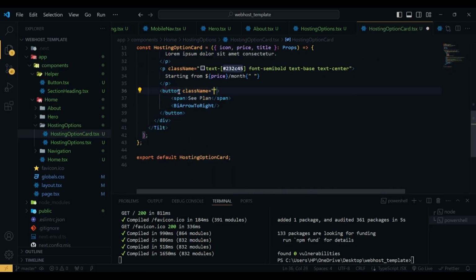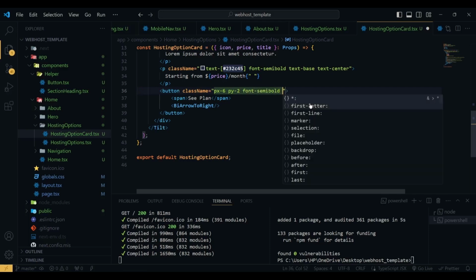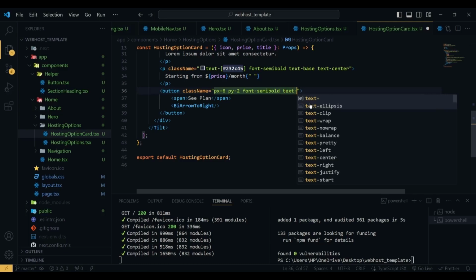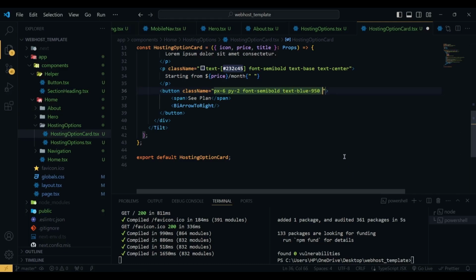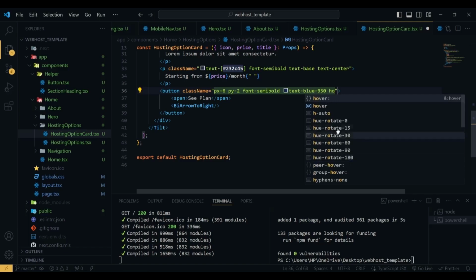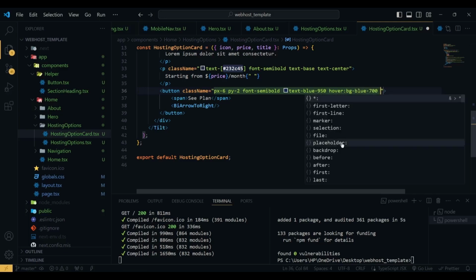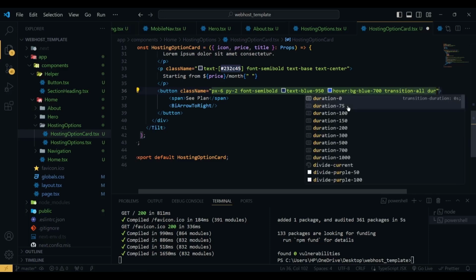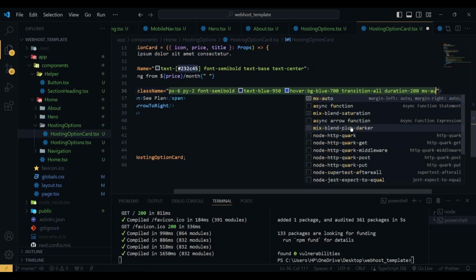Now for the button we have a class name of px-6, py-2, font will be semi bold, then we have text of blue-950, on hover we are going to have bg-blue-700, then we have transition-all, duration will be 200 milliseconds,